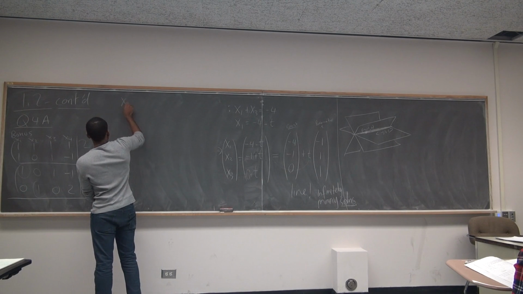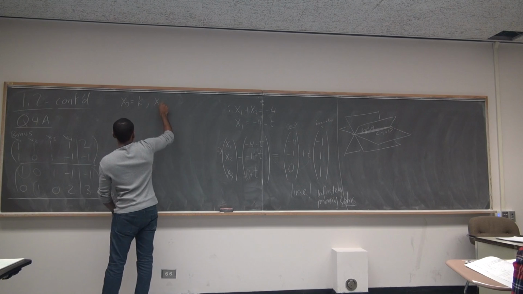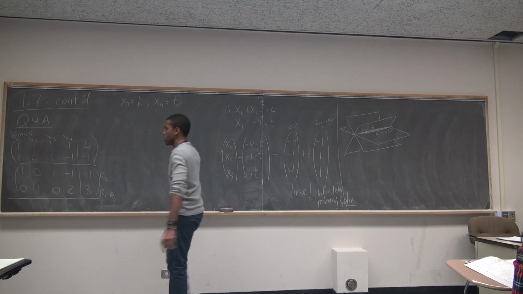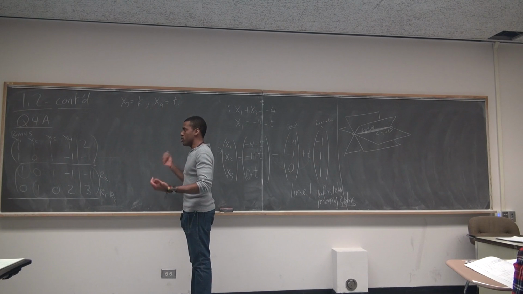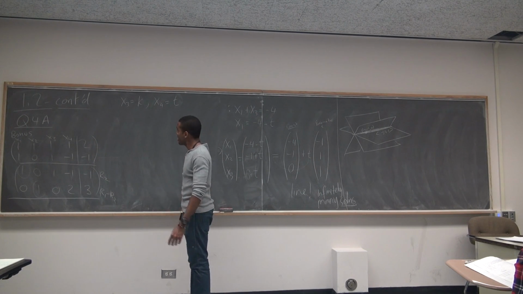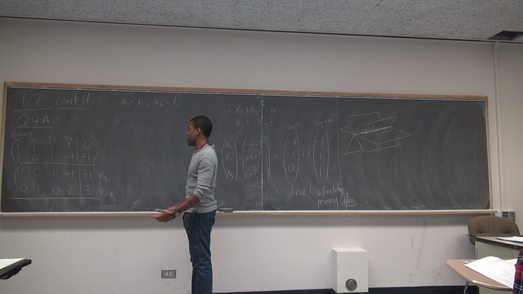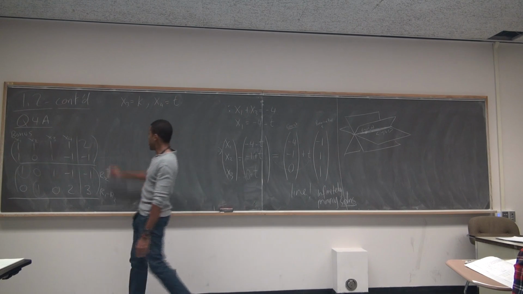So here you set x3 equals, I think in the solutions I use k, but it doesn't matter what you call them, just as long as you know that there are other parameters. S is a very typical parameter to use, but if you're writing it by hand, people always mix it up with a 5. So I don't like using S when I'm writing by hand, but in the book, they might use S and T a lot. So I just let x3 be k, x4 be t, and so now I can start with